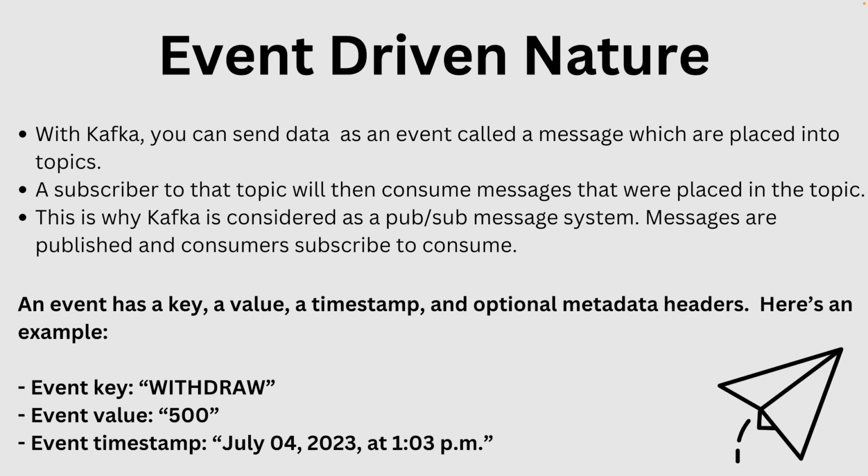So maybe you have an event where someone's withdrawing money. You have the key name as withdraw, a string called withdraw, and the value that the person wants to withdraw is 500, and the timestamp that the user is trying to withdraw those funds is July 4th, 2023 at 1 p.m. Maybe they're going to go buy some ice and some food for a barbecue that they're going to have later that day. It doesn't matter, but you just know that the event is going to be a withdraw, because the key signifies it as a withdraw, and the value is going to be 500.